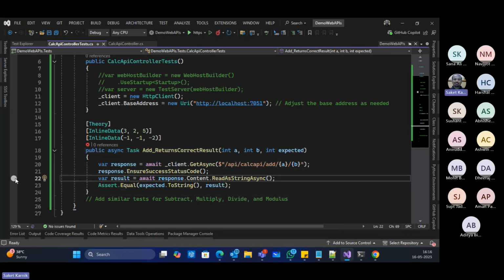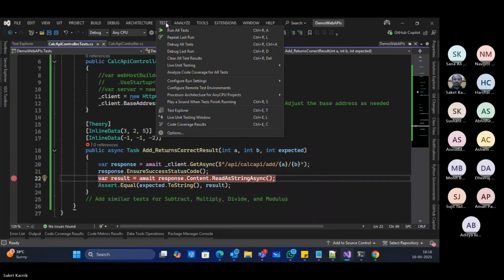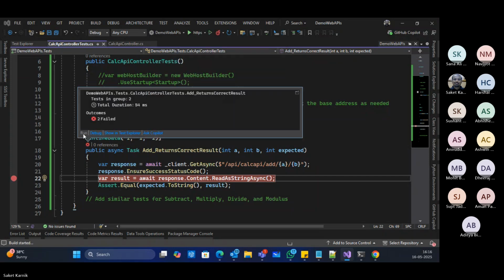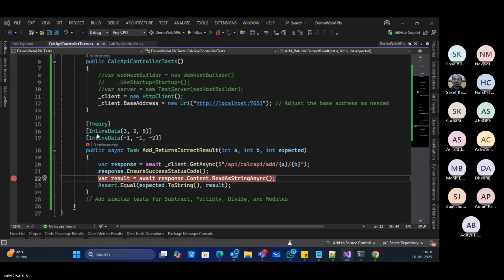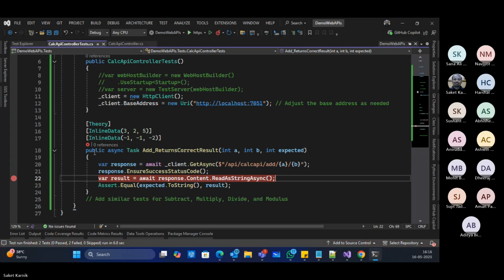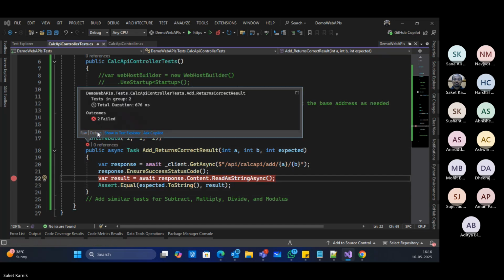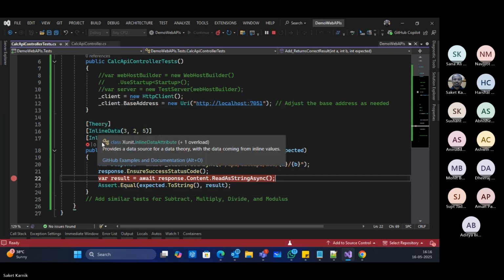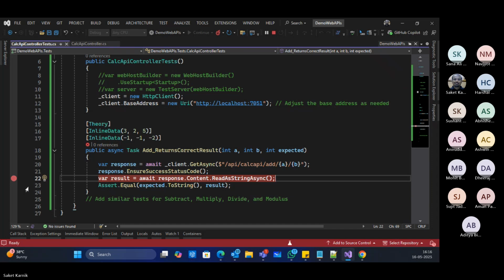We can have a debug and see what's wrong. Not stopping here.